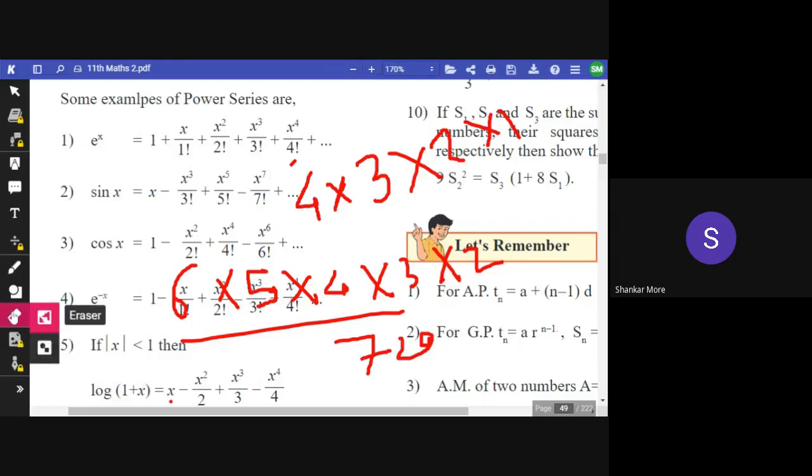Did you understand? If you have to find the factorial of 6, you have to multiply all the terms that come before 6: 6 multiplied by 5 multiplied by 4 multiplied by 3 multiplied by 2. If you want to find out the factorial of 12, then you have to do 12 multiplied by 11 multiplied by 10 multiplied by 9 multiplied by 8 multiplied by 7 multiplied by 6 multiplied by 5 multiplied by 4 multiplied by 3 and multiplied by 2. Okay, so I understand. Good.